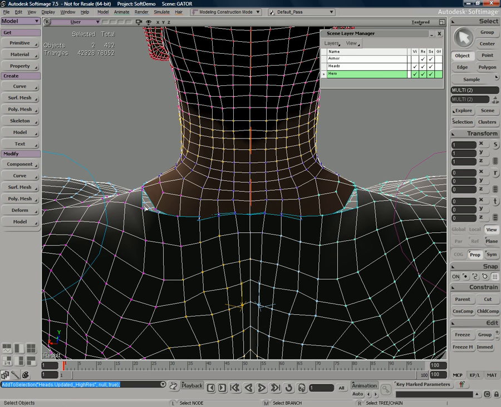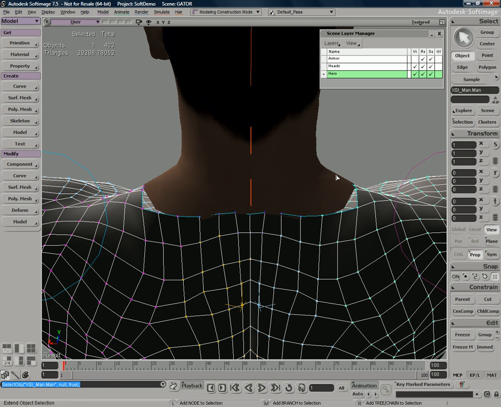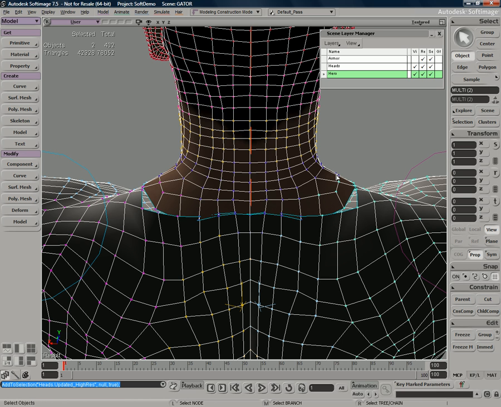So you can see here that I have a hole here and a hole there, so I need to stitch this together. You can see that I'm in multi-mode. That means I have multiple objects selected. If I were to just have one object selected, it would tell you the name of the object. Once you get into more than one object selected, it'll go into that mode here where it'll tell you multi, or how many objects that you do have selected.